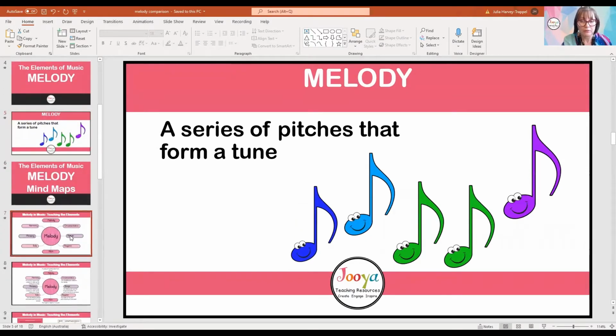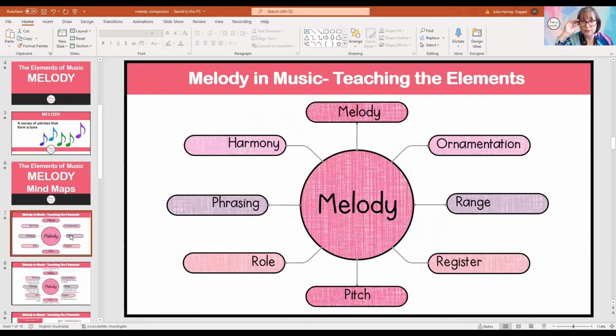So here are the mind maps that I like to use. You can find these mind maps. They don't look exactly like that because I added some color to these ones because I like color. But you can get a black and white version of these mind maps for free if you go over to